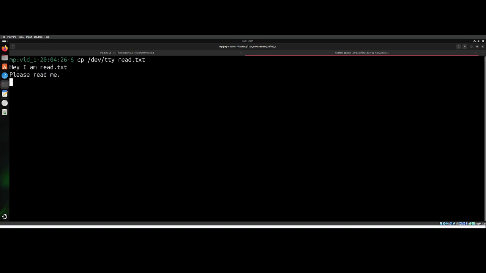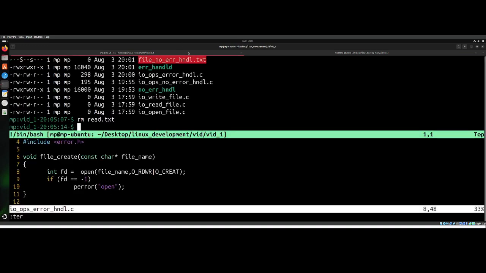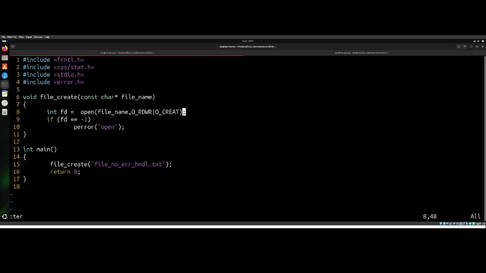To get out of it, you just need to press Ctrl C, and let's see what's written into the read.txt. Indeed, it's "hey, I am read.txt, please read me." So thanks for that error. We covered this point also. So we will be exiting from this, and now we will be also exiting from this,